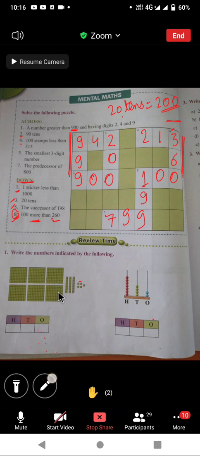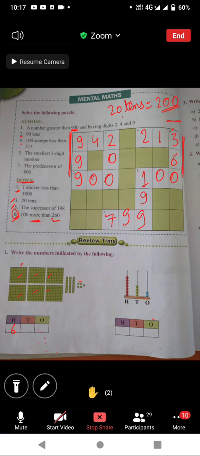Now question 6. What is 50% of a dozen? I told you in the beginning how to write numbers using these grids. This square grid, the bigger grid, is for 100. One grid is for 100. So how many grids are there? 1 2 3 4 5 6. So it means we have 600. So we'll write 6 at the hundreds place.